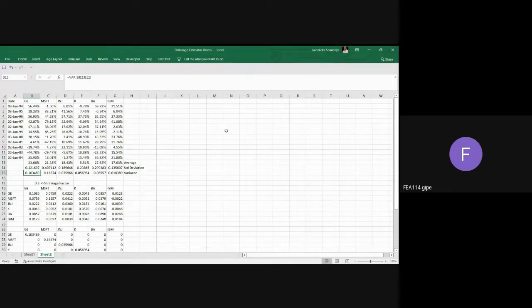Now, if you have to calculate the shrinkage estimator, what you do first is calculate the sample variance covariance. This is 6 into 6, so we will select a 6 into 6 array. And then here, what I write is,